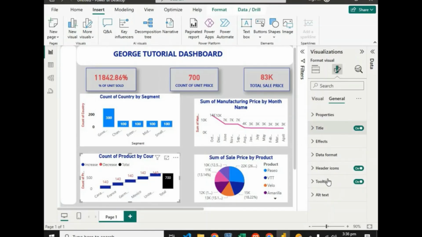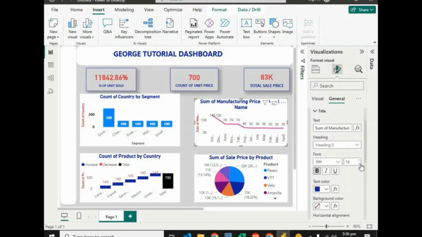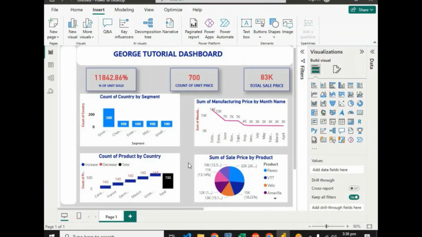Now, if you look at this, some of manufacturing, the title is too long, so it's breaking. I don't want it that way, so I want to decrease the font size to 12. Now it can be at one level. All right,